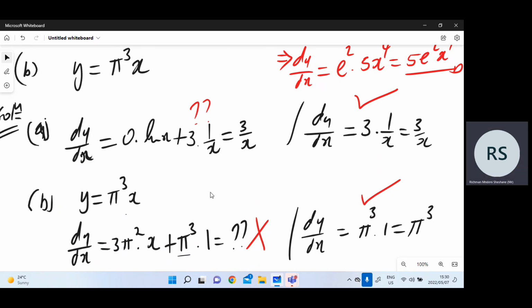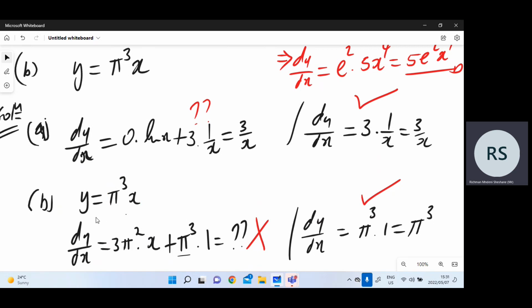No, because this is a constant there. For treating this as if it's a function that you can derive, the derivative of this is supposed to be 0. That's the first. And second, this is a constant. Pi to the power of 3 is a constant. It's multiplied by x. You don't have a product of a function of x, so you don't have to apply